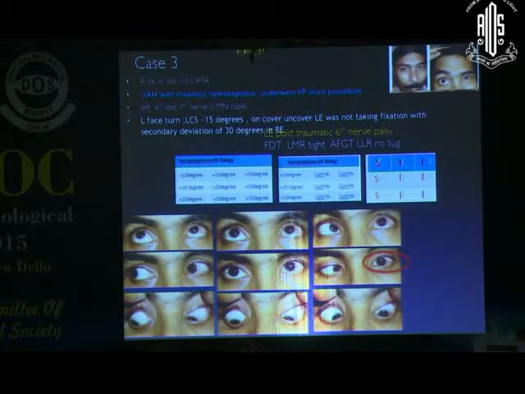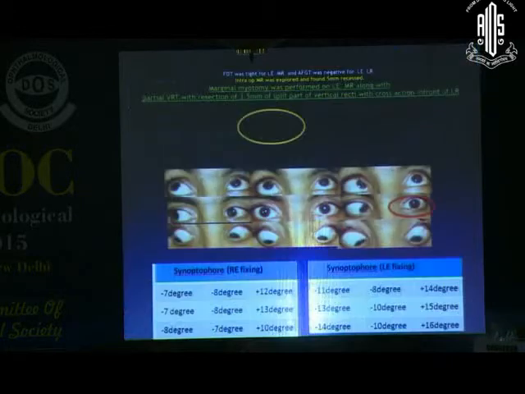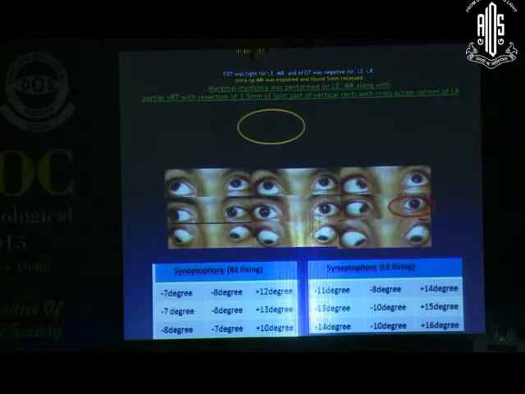This is another patient of RTA. He had a traumatic hydrocephalus. He had a left face turn and 15 degrees of esotropia in the primary position. His eye also was not going past midline. So we did a transposition procedure. Now in this patient, MR recession had already been done outside. Intraoperatively we found the MR was excluded and was found 5 mm recessed. So we couldn't recess it further. So we did a marginal myotomy in the medial rectus, and we did a partial VRT with resection of 3.5 mm, that is augmented Hummelsheim, with cross action. Instead of Foster, we put a cross action in front of the lateral rectus, and there was improvement.